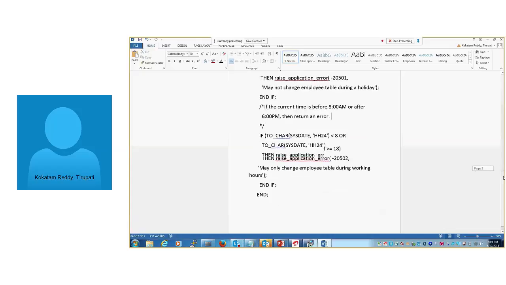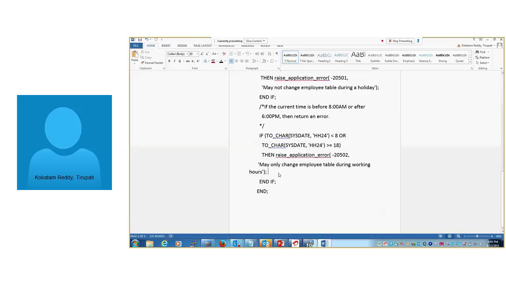We take the hours in HH24 format, the 24 hour calculation. If the time is less than 8, meaning before 8, either 7 or 6, or greater than 18, meaning 6 p.m., and a user tries to perform any action at this time, we have to raise application error and we will get the message: may only change employee table during working hours.